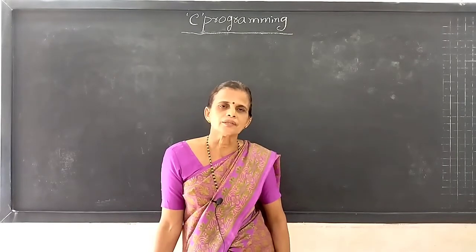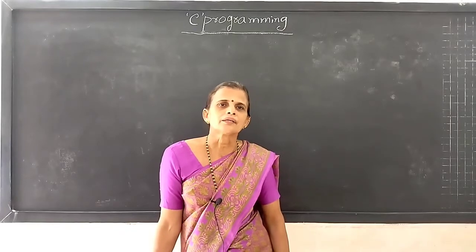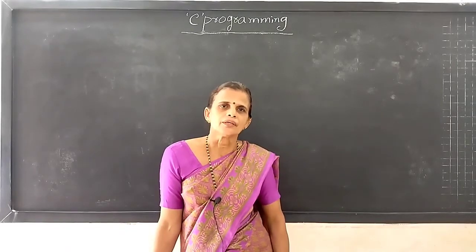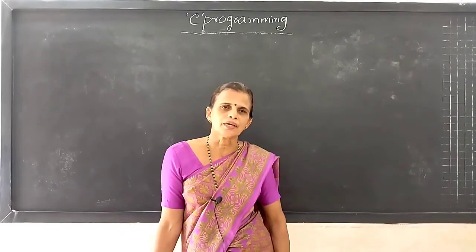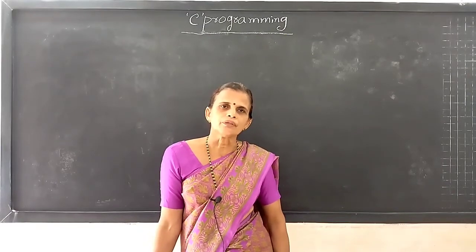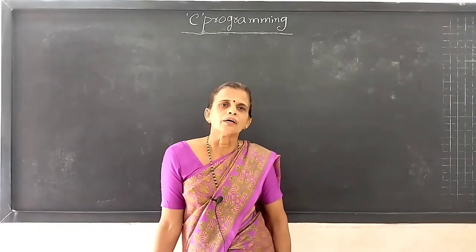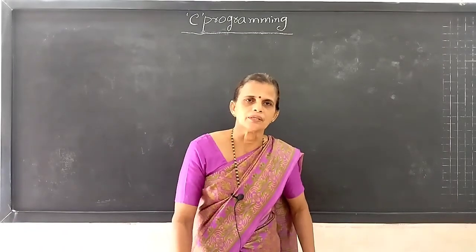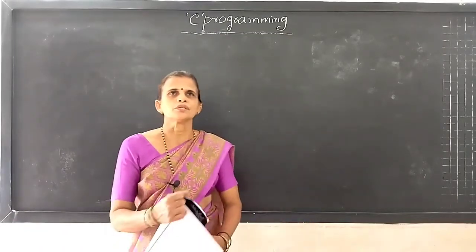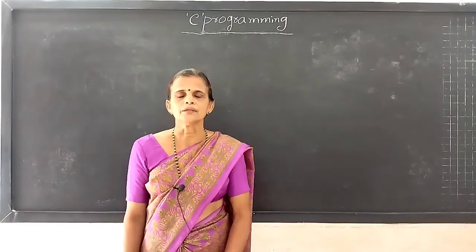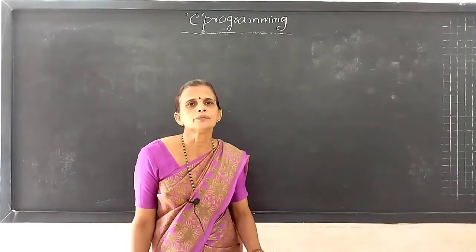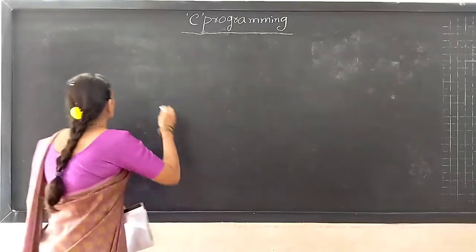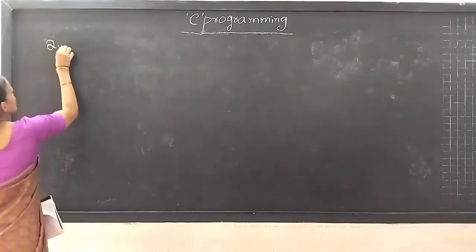In the last class we have done the calculations for the addition of two numbers and also the product of two numbers. Today we will continue with some more examples. Today we will do the questions in order to check the greater number among two. So, the question will be: write a C program